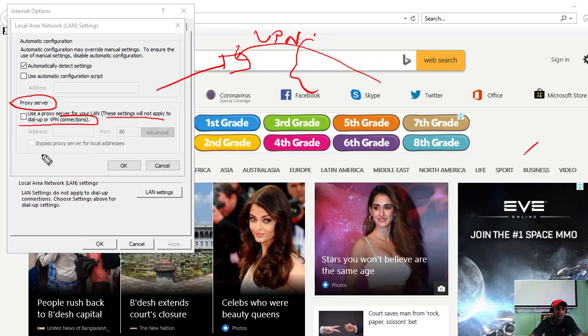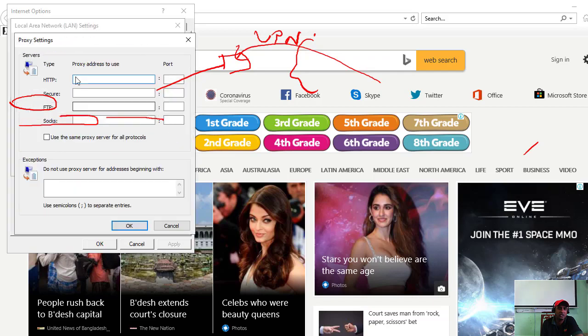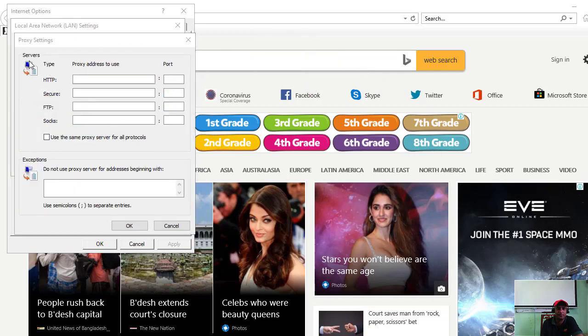So see what they say. You can put some settings here, right? So this is proxy enable. If you have a proxy, you can enable it, right? So you can set the address. See, there are a lot of features, right? Server, HTTP server, port number, proxy address to use, secure, FTP, file transfer, socket, right?